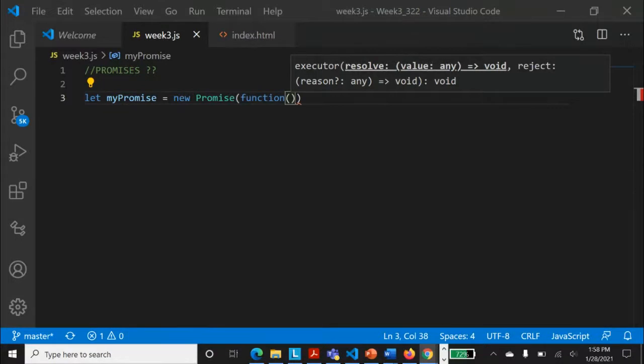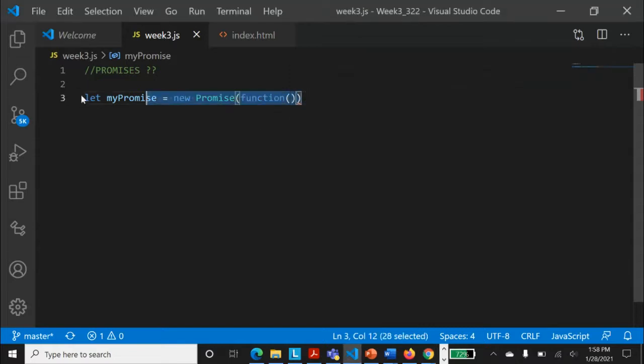Both of these functions will execute turn by turn, right? Now if I want to run a function after the first function completes its functionality, then I will use it as a callback function.